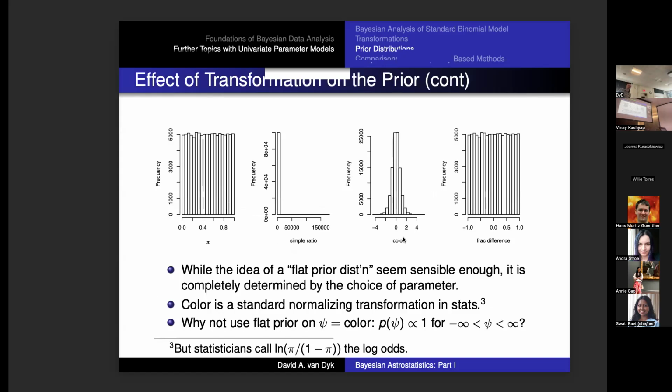So you can see that if I decide I want a uniform distribution, say on the hardness ratio pi, but I'm actually interested in the simple ratio, I haven't specified the uniform prior on this thing. Why not put the uniform prior on this thing instead? Or on this thing? Right? The fact of the matter is that the idea of being uniform doesn't transfer from one parameterization to another.